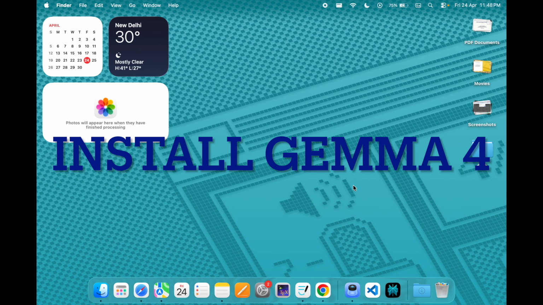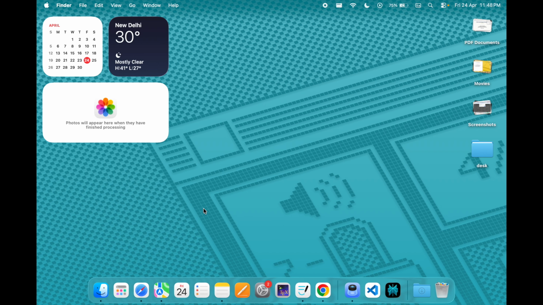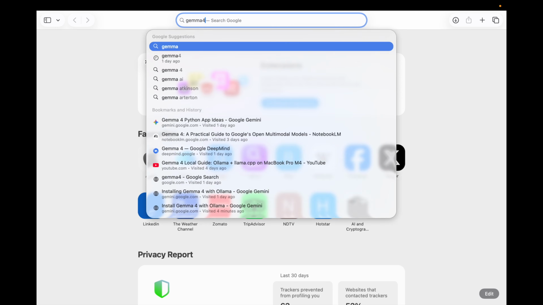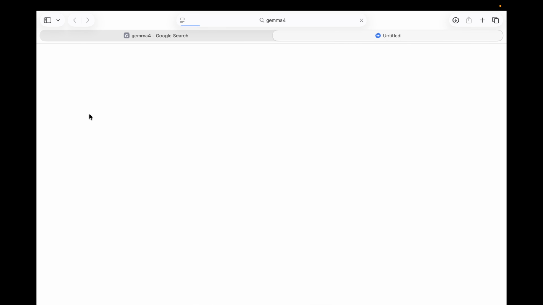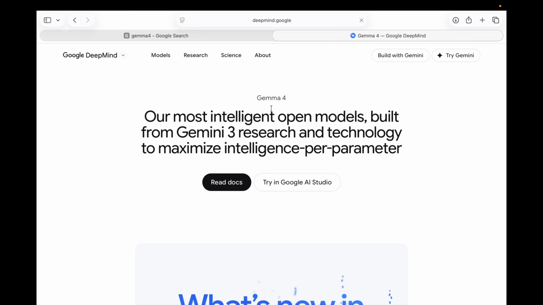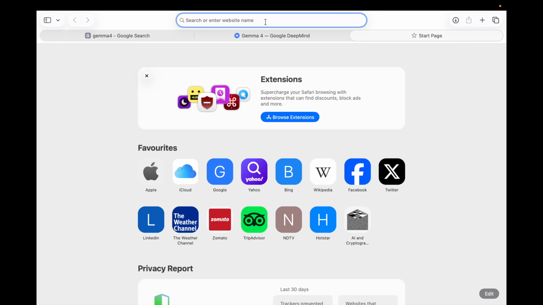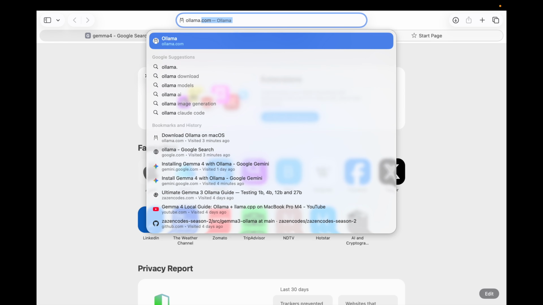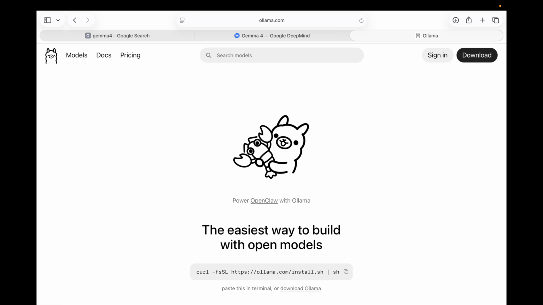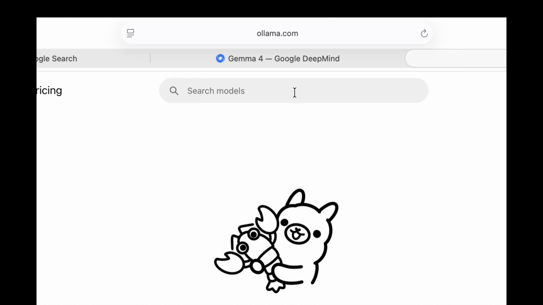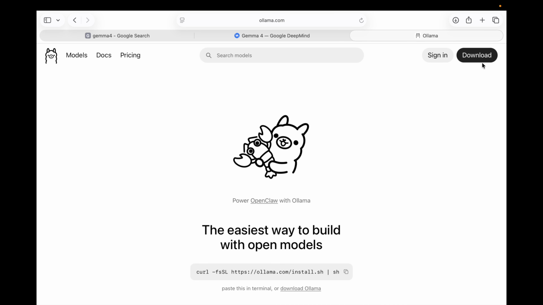Hello everyone. As you know, Google has released its own AI model that can be run offline on a computer, and that is called Gemma 4. So today we will learn how to install this model, Gemma 4, using another middle step in between, Ollama. When you open its website, ollama.com, you will find a button to